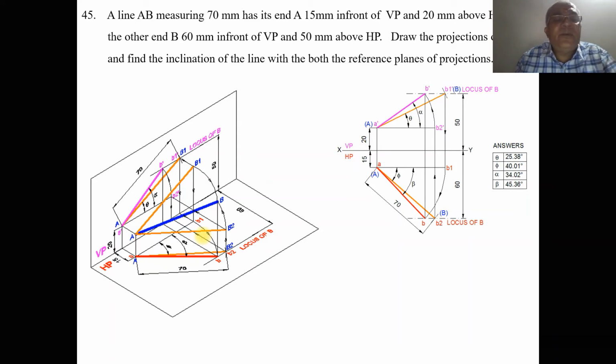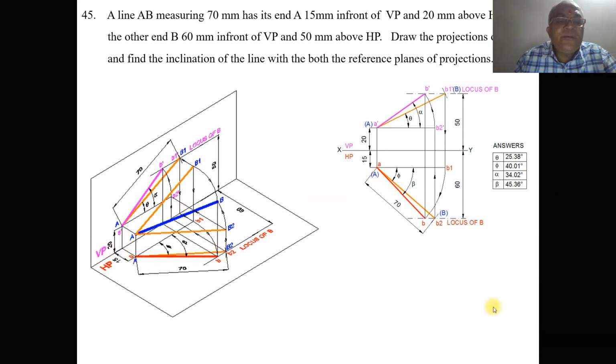Now similarly, we want to find out the front view. To find out the front view, we need to take the top view true length. Which is the top view true length? Capital AB2 is the top view true length. When it is projected onto the top view, we get small ab2. Now we know that this is the line which is in true length in the horizontal plane. For a line to be in true length in the horizontal plane, obviously that line has to be parallel to HP. If it is parallel to HP, then only we will find the true length in the horizontal plane.